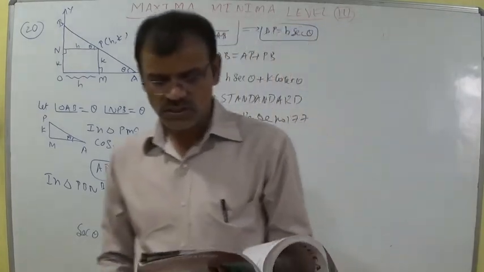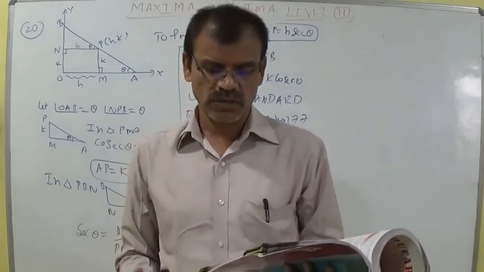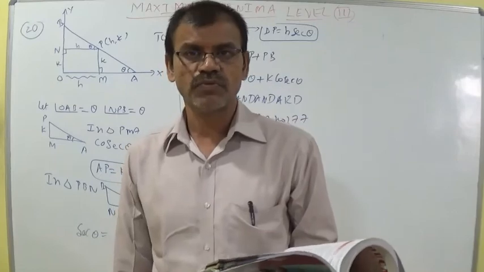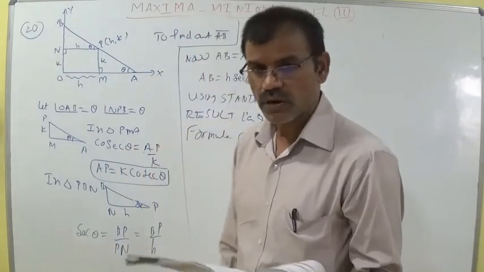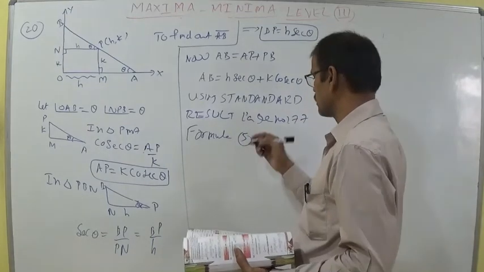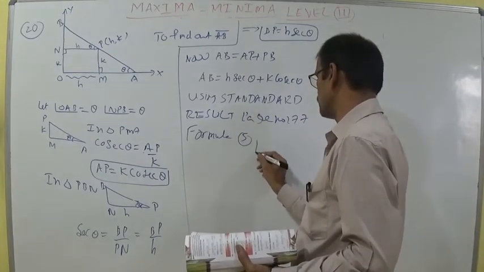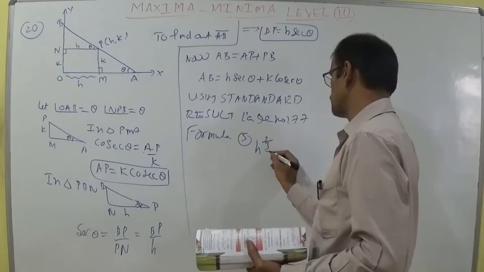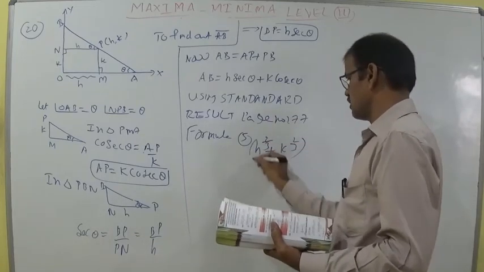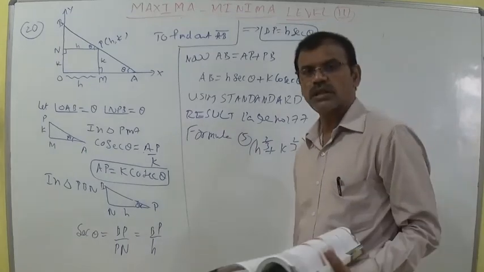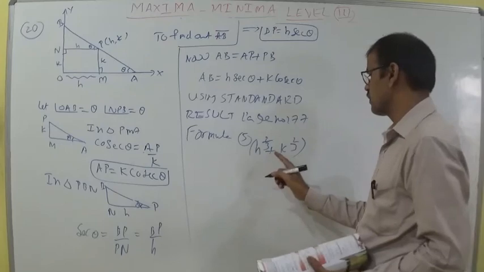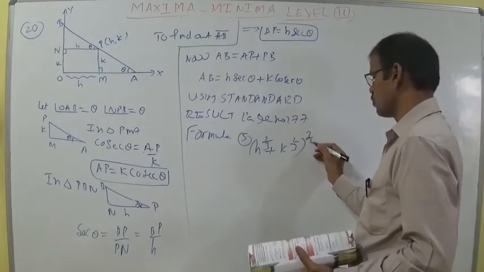There you can read the question. The minimum value of A secant x plus B cosecant x, at x equal to tan inverse of (B by A) whole power 1 by 3, is A power 2 by 3. Here A power 2 by 3 means h power 2 by 3, and B power 2 by 3 means k power 2 by 3. It is given as (A power 2 by 3 plus B power 2 by 3) whole power 3 by 2. Here we can write (h power 2 by 3 plus k power 2 by 3) whole power 3 by 2.